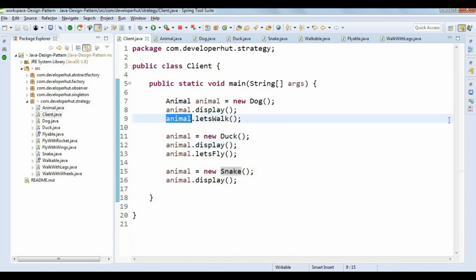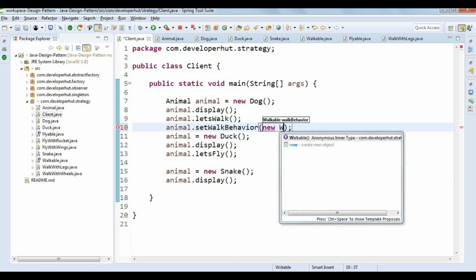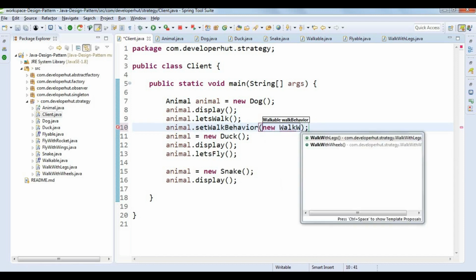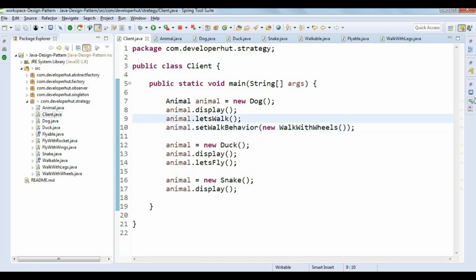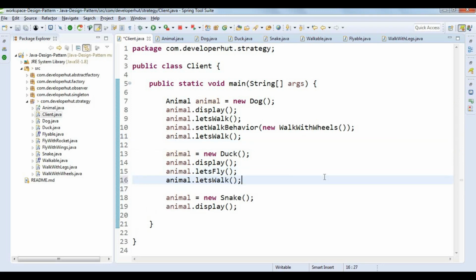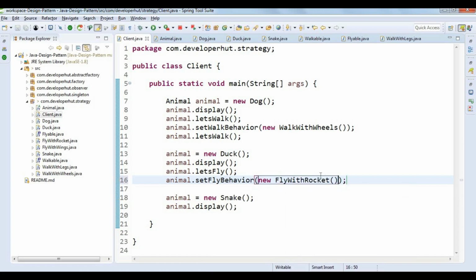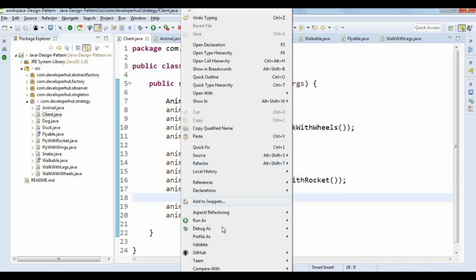Now you can change the behavior dynamically. So first of course dog was walking with legs, right? So I will say now set walk behavior and I will say new walk with wheels, right? And we will call the walk again, right? So we can test this behavior. Same we can do for duck as well. So I will say animal dot set fly behavior, right? And I will say new fly with rocket this time, okay? And I will simply call the fly method, right? So now if you run this,